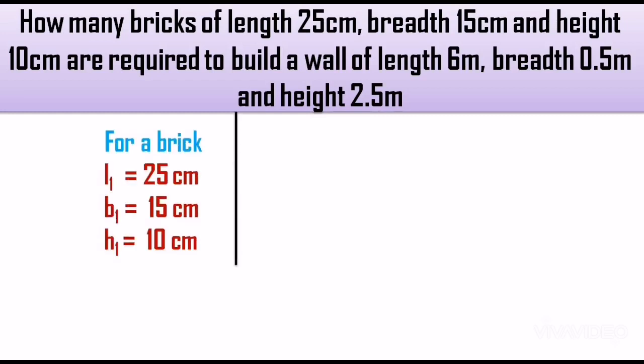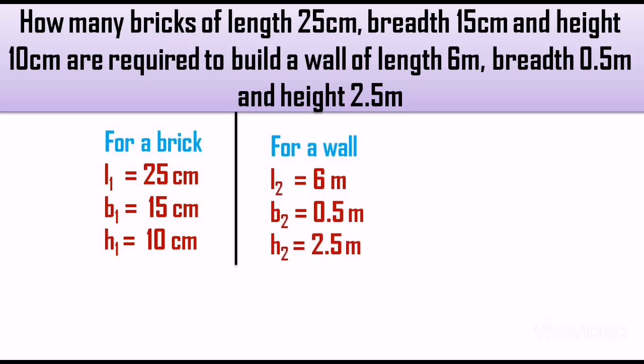Like when you write the dimensions of the brick, they all are in centimeter. I have written L1, B1, H1 for the bricks because for the wall also we are going to write L, B and H. So to avoid the confusion, I have just numbered it. For the wall, we will write L2, B2, H2 so that the things will be very much clear to us. The moment you observe the unit, we will come to know that wall is in meter and the brick is in centimeter. To carry out the operation, it is very necessary that we must make those units the same.